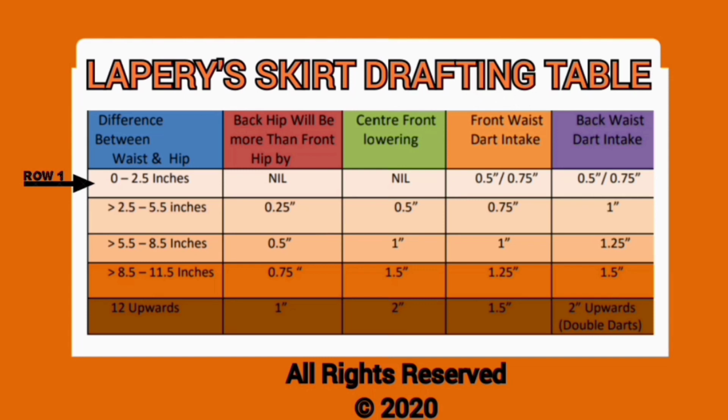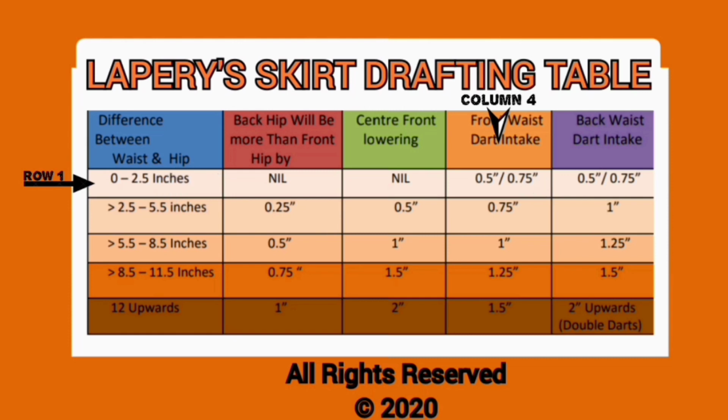Remember, in the first row, in the first column, we have 0 to 2.5 of an inch, which means sometimes the difference can be 1, 1.5, 2 or 2.5. So if the one you are working with falls, let's say, at 1, you will make use of half an inch. But if it tends toward 2 to 2.5 inches, you'll make use of 0.75,